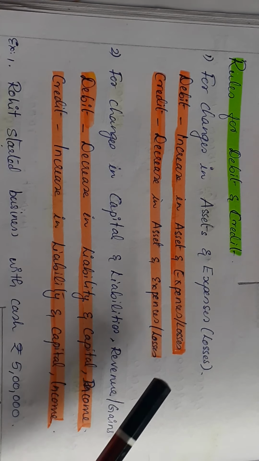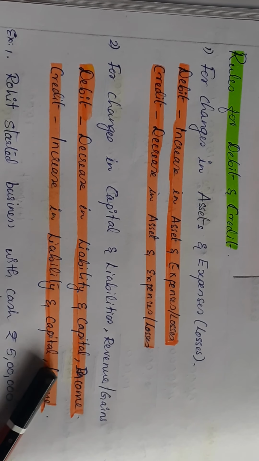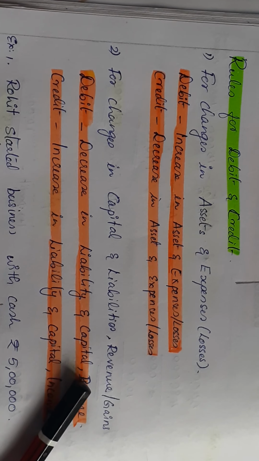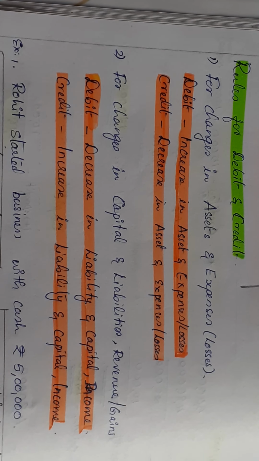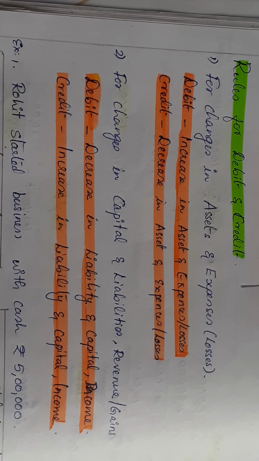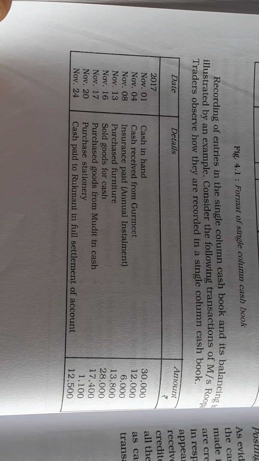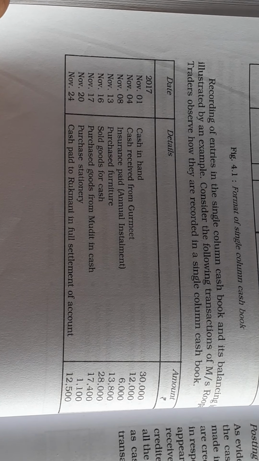So please read this, and hope you have already written it in your notebooks, and daily you have to practice this, otherwise you will be losing touch with the journal entries. If you are very thorough with these two, when you get an entry like purchased furniture, suddenly you will know which account you have to debit and which account you have to credit. If it is purchased furniture and it has not mentioned whether it is a cash payment or credit purchase, if cash is not mentioned, then automatically it is a credit purchase. We will just go through one or two entries here, so you will brush up all these things.